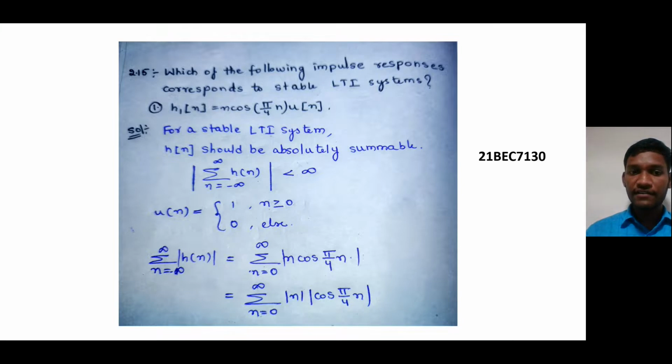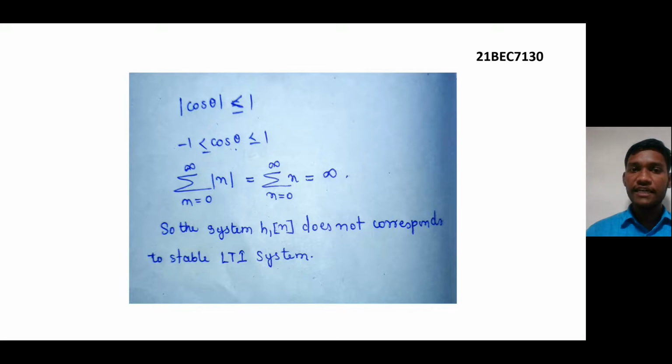So instead of n equals minus infinity to infinity, we are considering the limits as n equals 0 to infinity, and we are substituting h of n as n cos(pi by 4 n), and we are eliminating u of n because u of n is always equal to 1 when n is from 0 to infinity. So we are splitting the given n cos(pi by 4 n) as n into cos(pi by 4 n). We always know that the value of cos theta is less than or equal to 1, because it lies between minus 1 and 1. So let's consider the value of cos(pi by 4 n) here as